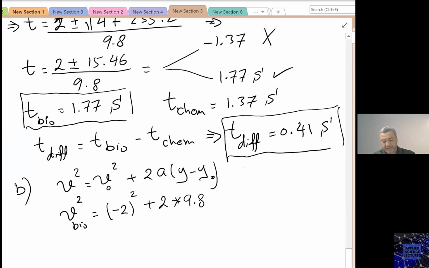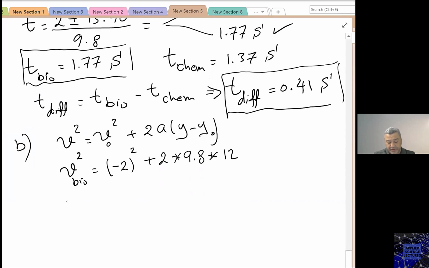Remember, the acceleration is the same positive reference, times 12. If I do the same for the chem, see, because of that squared, the initial velocity was squared, the distance, as long as they have the same